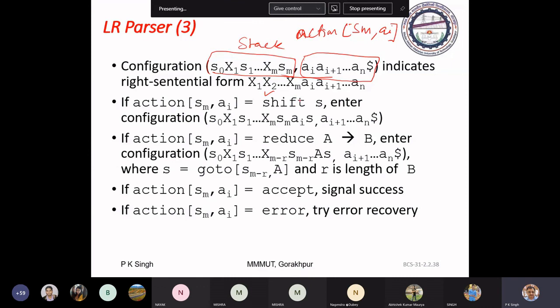Shift s means this ai is shifted onto the stack, and s is the new state. s gets installed, and the configuration of the parser gets changed. Similarly, if this action is reduce, as in this case,